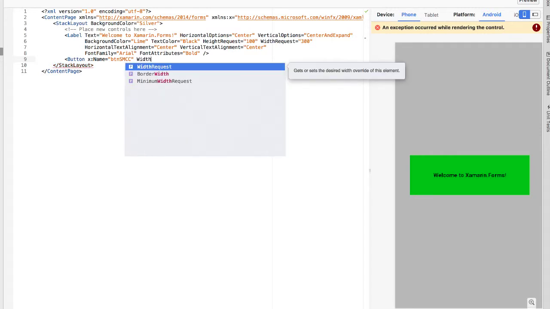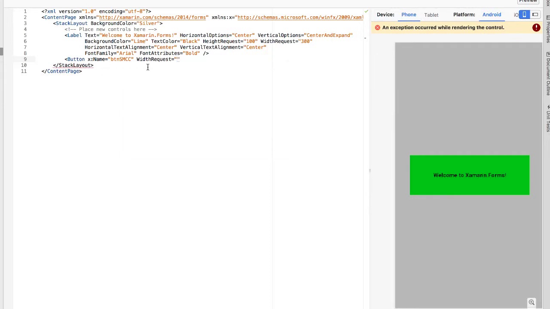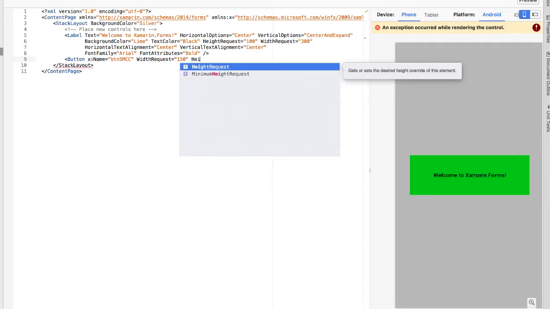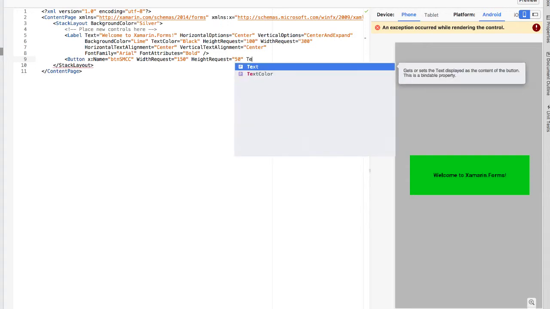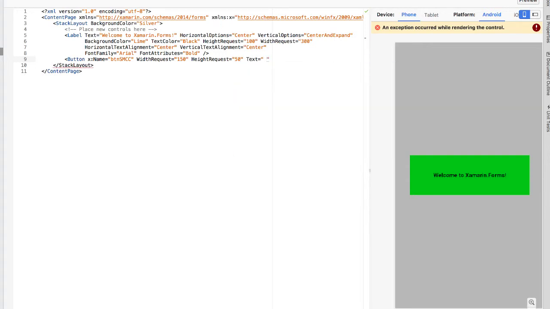It's going to have a width request of 150, a height request of 50, text of SMCC,